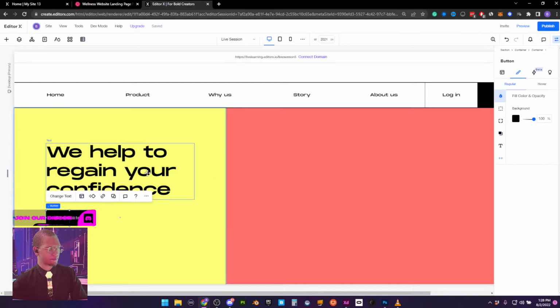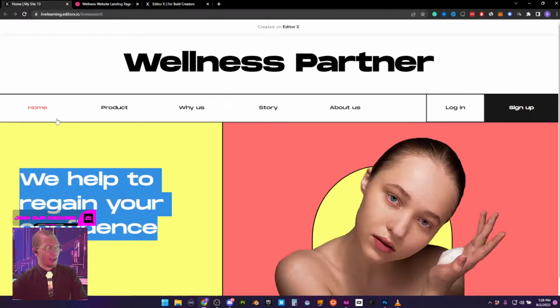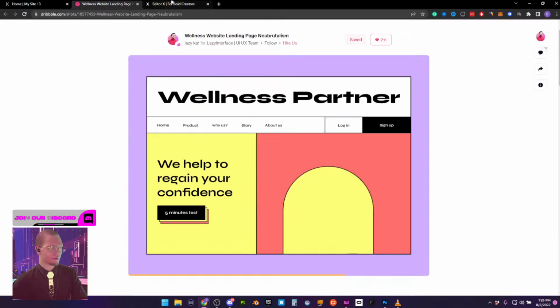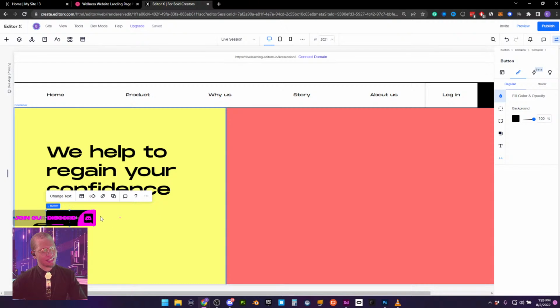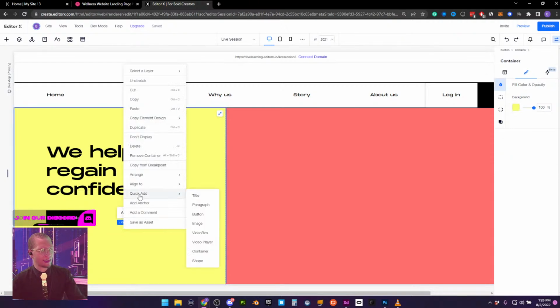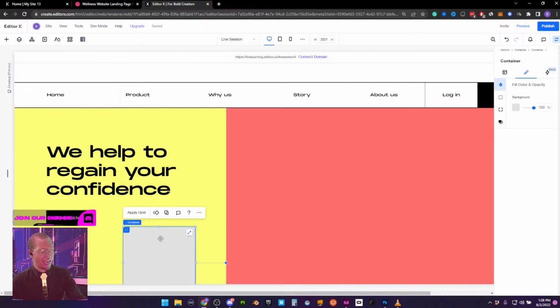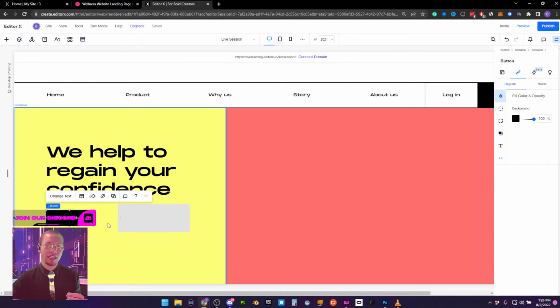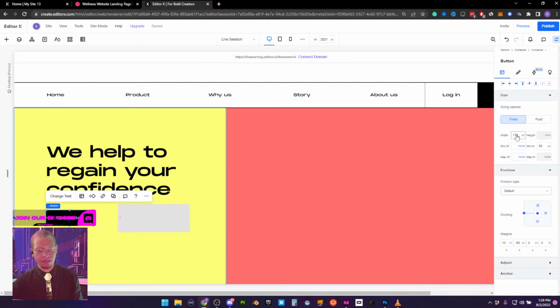All right, perfect. So now let's talk about how we get this interaction, where when I hover over, we get a nice little yellow box and an orange box pop out. So what I've done here is we have our button, right? I'm going to right click, quick add, and just add another basic container. And I'm going to make it the exact same size as our button. So I'm going to select my button, go to layout, and select the actual width and height of this button,